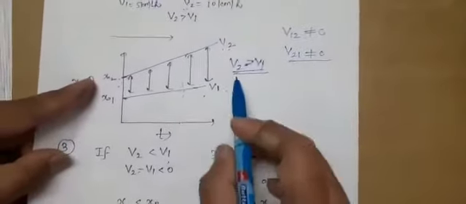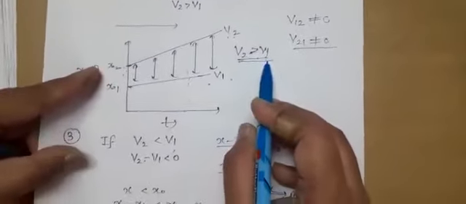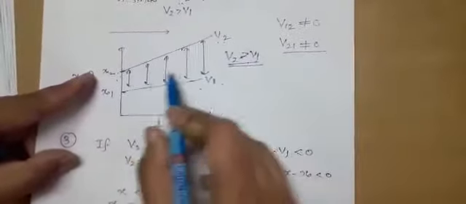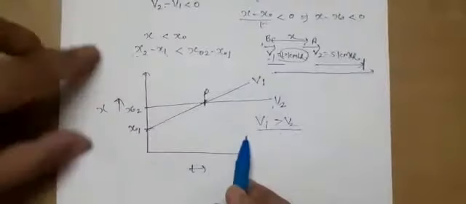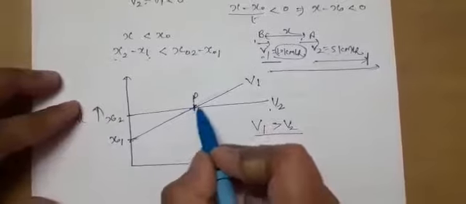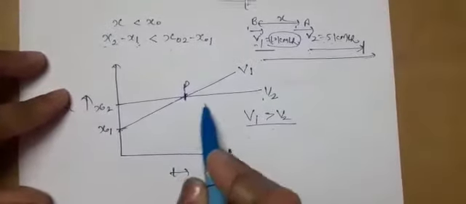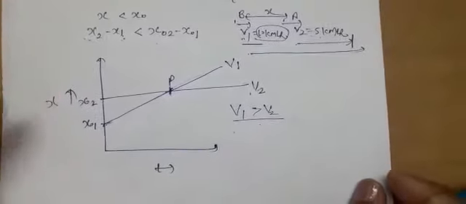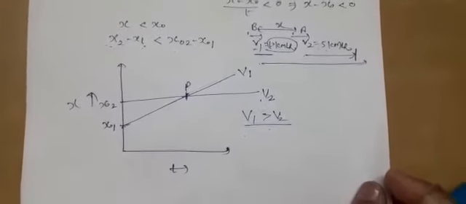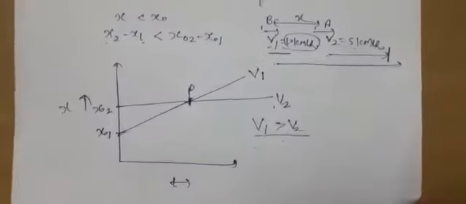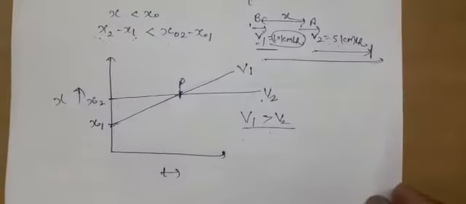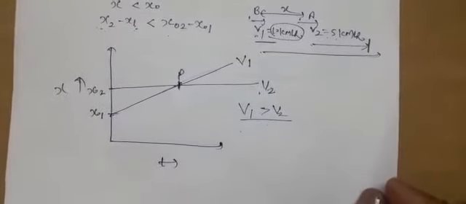Otherwise, if it has been given that the second body is moving faster than the first body, then you just represent the separation as increasing. But if the first body is moving faster, then the first body will overtake. It will meet at a particular point and then move further away from the second body. So in the concept of relative velocity, you have to understand the basic definition. A question can be to derive an expression for relative velocity. Third is the graphical representation. This is important from the theoretical point of view.